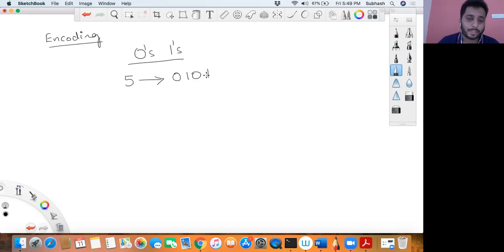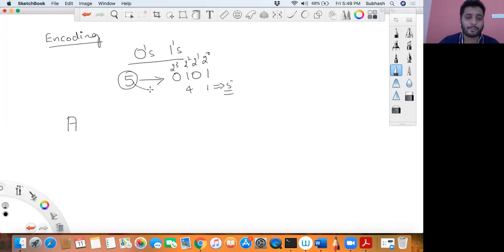This is its binary equivalent: 2 to the power 0, 2 to the power 1, 2 to the power 2, and 2 to the power 3. So therefore it is 4 plus 1, and then it becomes 5, right? So anything and everything that your computer understands is only in terms of binary, that is zeros and ones. And therefore, if we want to represent characters, even those have to be represented in binary. But do you think a character like A or B or C can be represented in binary? It is not possible. It is not a number system to represent it like this.